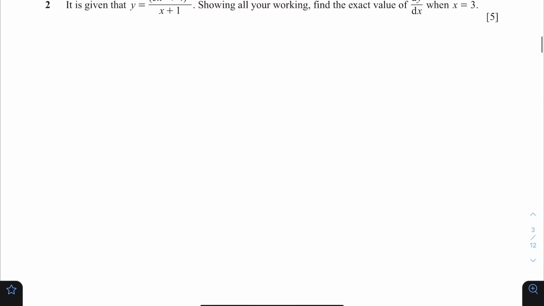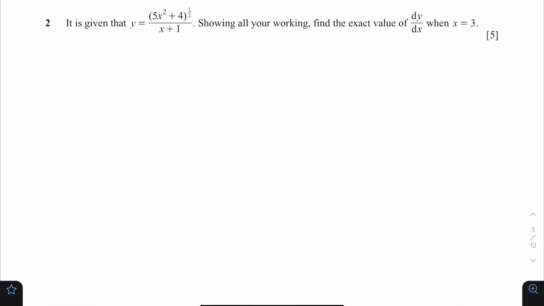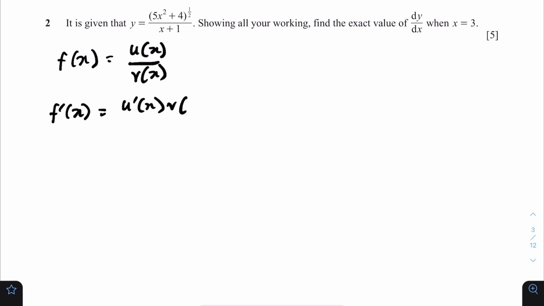All right, let's go to question 2. It is given that y is equal to (5x squared plus 4) to the power of half, all over x plus 1. Showing all your working, find the exact value of dy over dx when x equals 3. So this is a perfect example where we need the quotient rule. The quotient rule states that for f of x in the form of u of x over v of x, the derivative of f of x should be equal to the derivative of u of x times v of x, minus the derivative of v of x times u of x, divided by